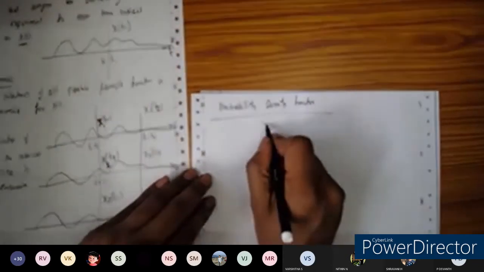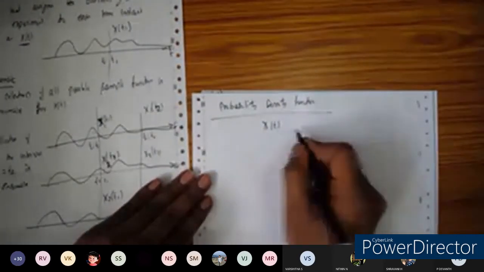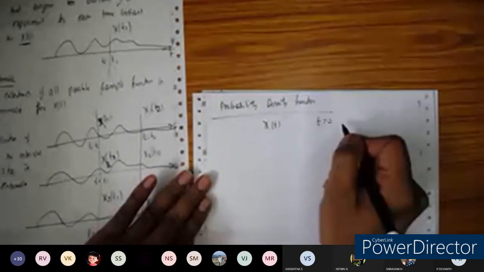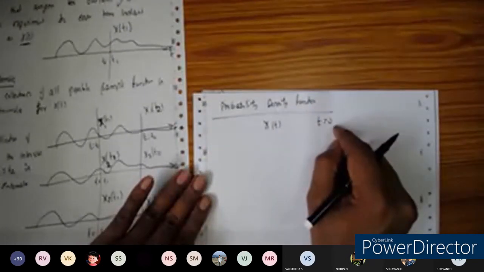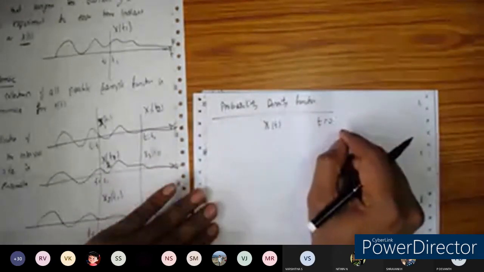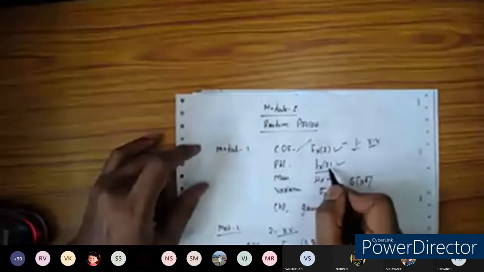So I'll take the random process x of t here. I'm going to measure the samples at time t is equal to 0. What are the observations we have made at time t is equal to 0? We can accumulate them in order to get the PDF, which we can denote as fx of 0. In module 1, what we defined for the PDF was fx of x, because that is not a function of time t.